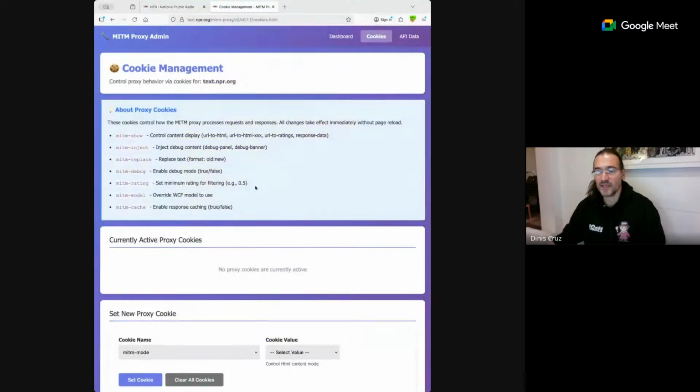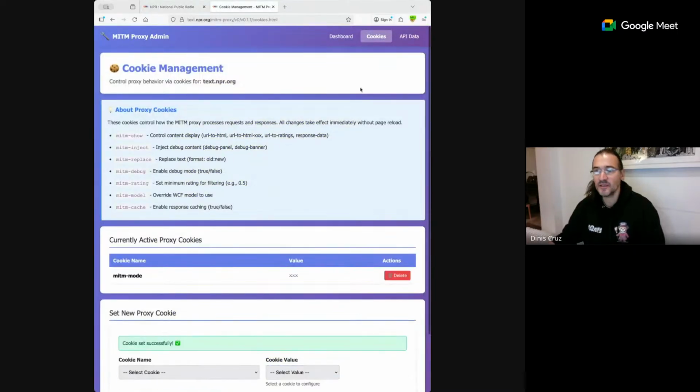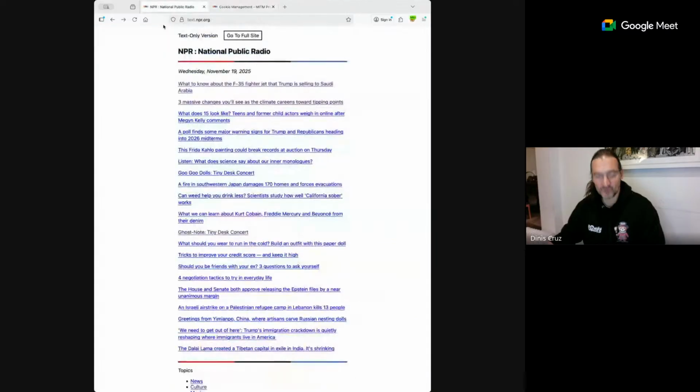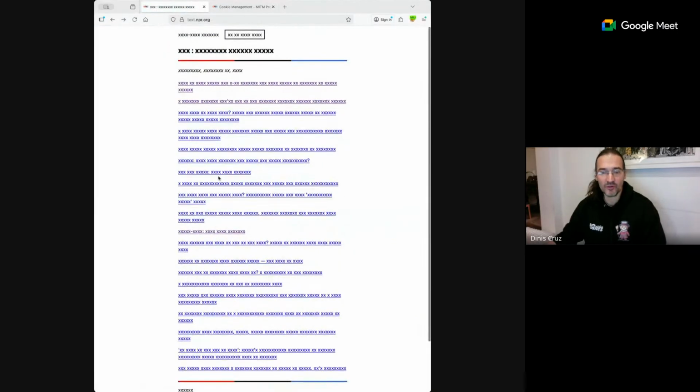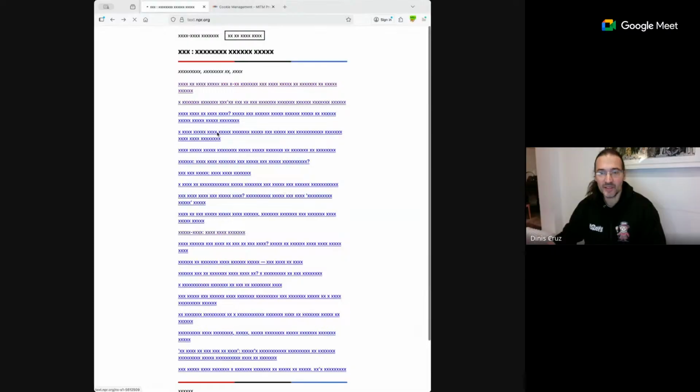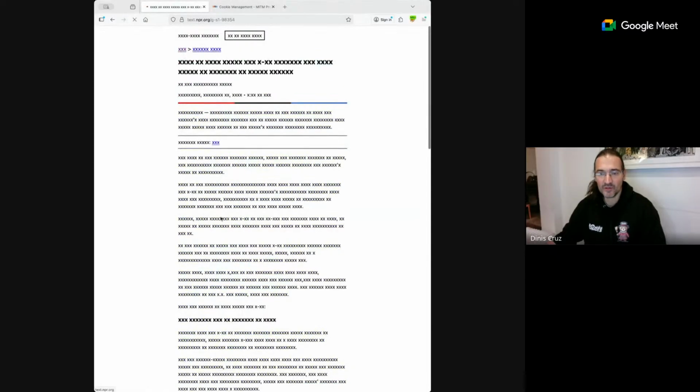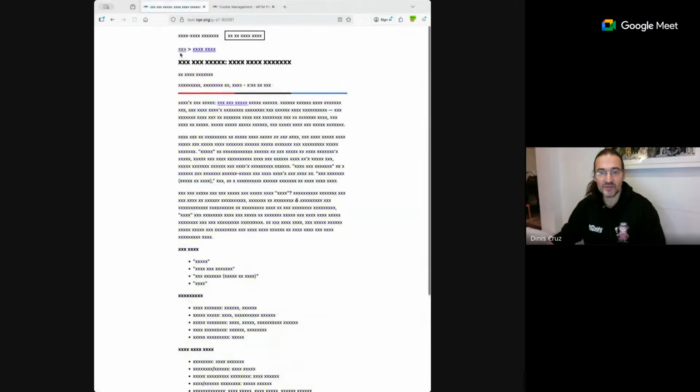Then what I can do is, using cookies to manipulate the values, show you that I can replace all the content, right? What is happening is I'm replacing all of the content with X's here. It shows you that at the granularity level, every one of these pieces of elements is text that I can then replace and put back together.